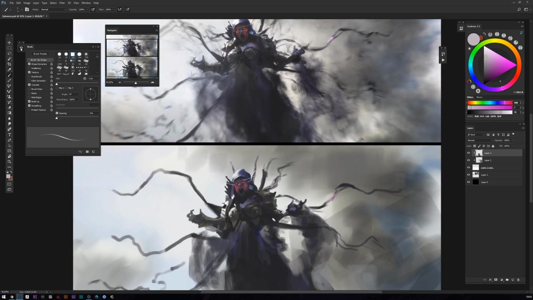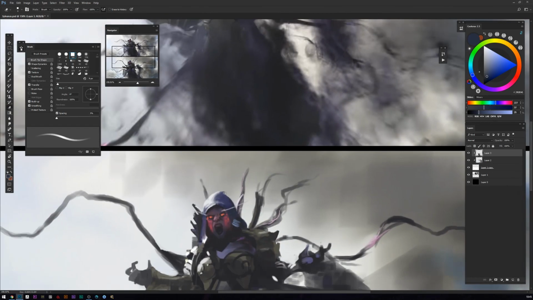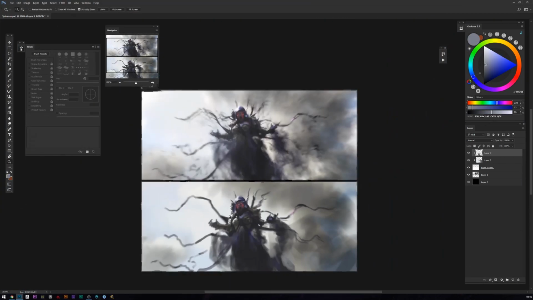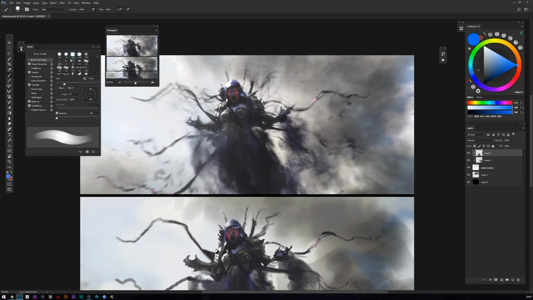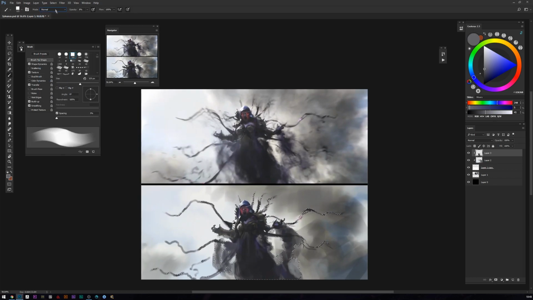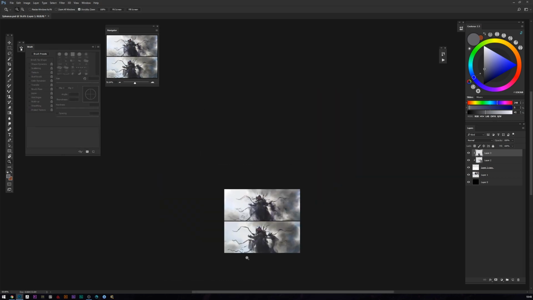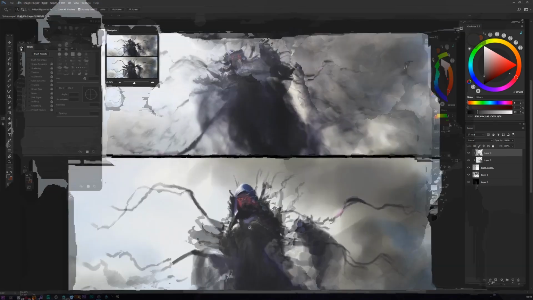It has some nice noise, and I thought it could add some texture to it. So yeah, I started with that one, and I think I continued for the rest of the painting using the same brush all the time. It's just a square brush. It doesn't have anything else. So I started to just pick my own colors, and just keep going the same way until I got to